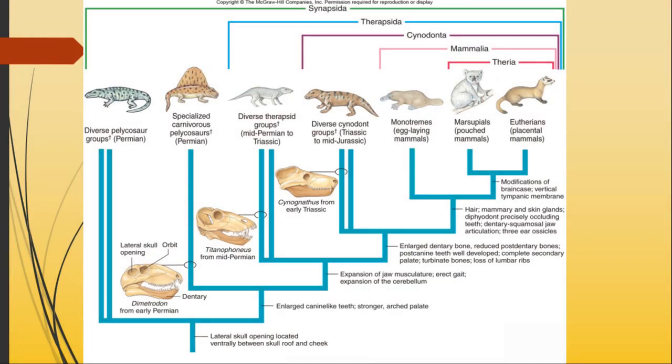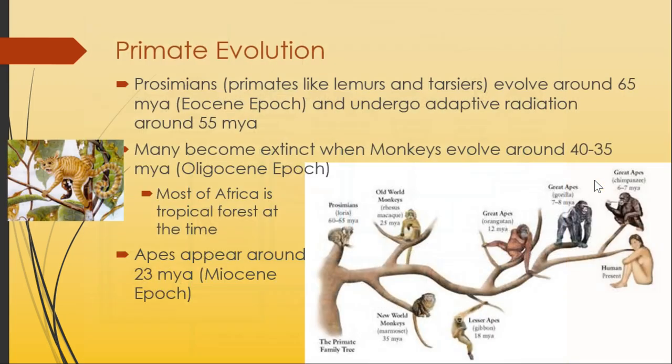All right, and then as we look at these changes, I just put this in here so you can kind of see our family tree. Monotremes arise first. They're the first mammals, okay? And then you get some modifications to the brain case, and then you get marsupials, and then you get the eutherians, which are the placental mammals, and you are a eutherian, right? Now, primates are the group that we're most interested in, because that's our group, and you'll have another set of video notes specifically about primates.